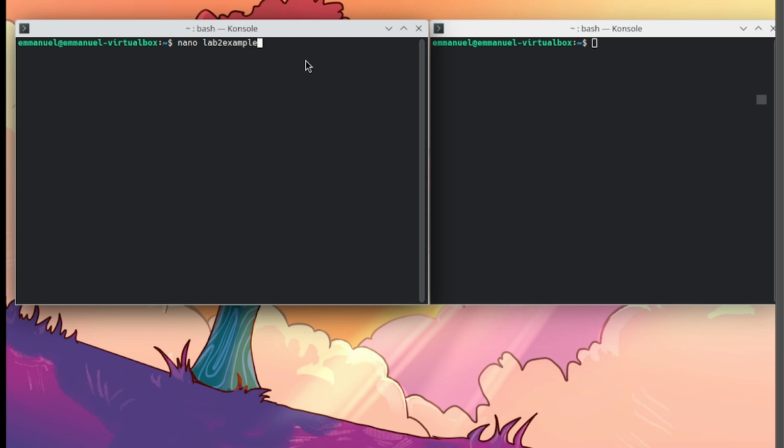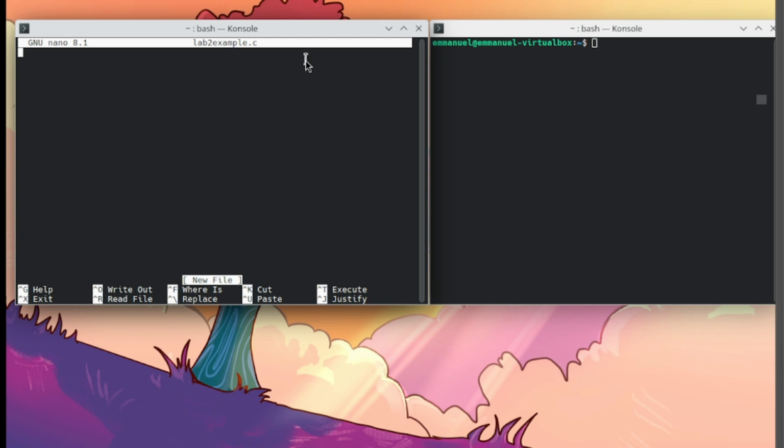Since this is an example, we will name this file lab2 example. Now we're here in the text editor. Let's type in the code, that is include, less than stdio.h, greater than, then include again stdlib.h,